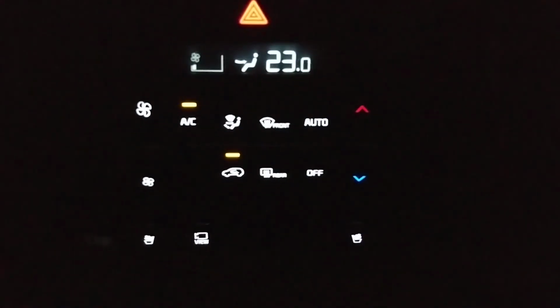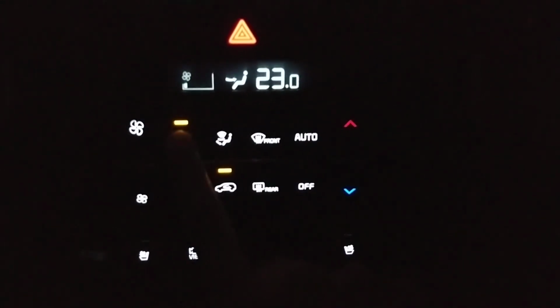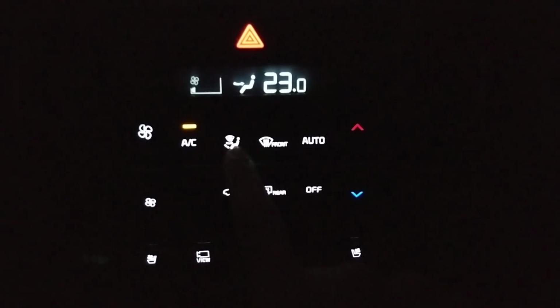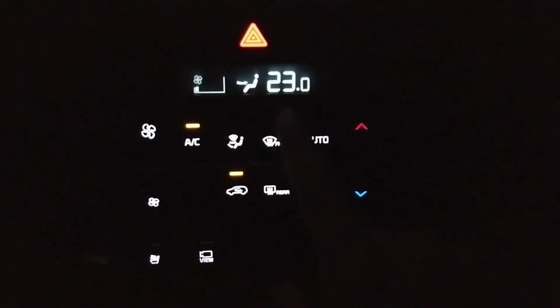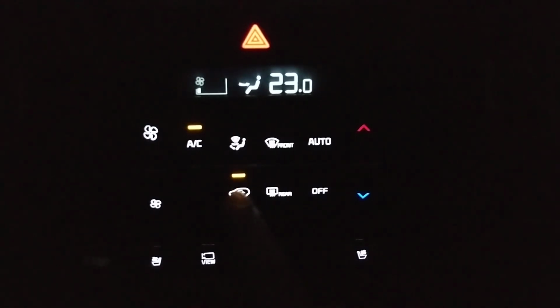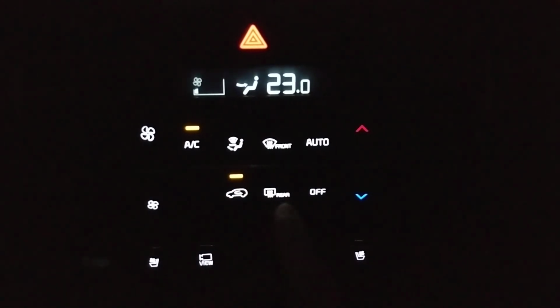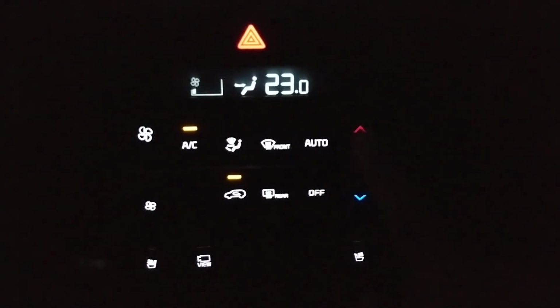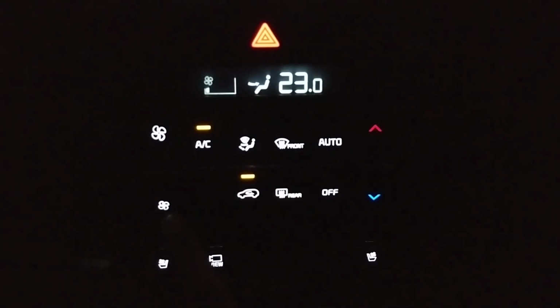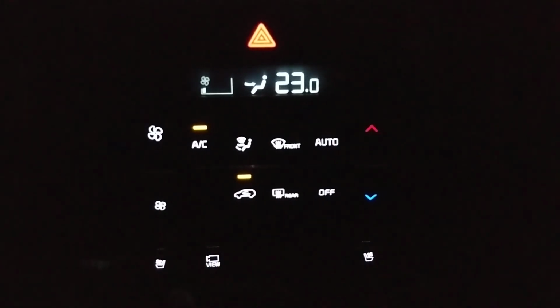Here are some more features. You see the AC vent, you can turn the AC on and off. This is how the ventilation will work, right? Right now it is on the top grill. Then the front defogger, the auto AC. This is where you set how the air circulation should work. This is the rear defogger, you can turn it on and off. These red and blue buttons are to increase or decrease the temperature. On the left hand side, these two fan buttons are to increase and decrease the fan, right?